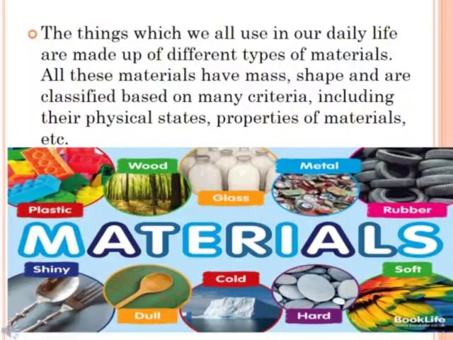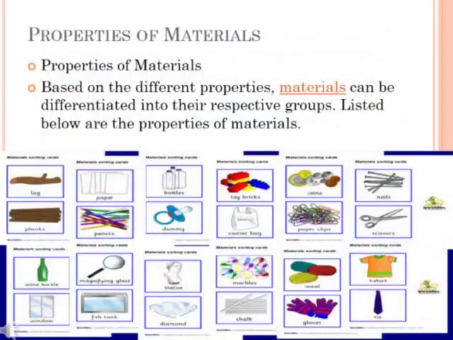You can make a group of objects that are made up of plastic. You can easily find buckets, lunch boxes, toys, water bottles, containers, pipes, and many such objects in this group. So there are so many ways to group objects. All objects around us are made of one or more materials, and these materials may be glass, metal, plastic, wood, cotton, paper, mud or soil also.